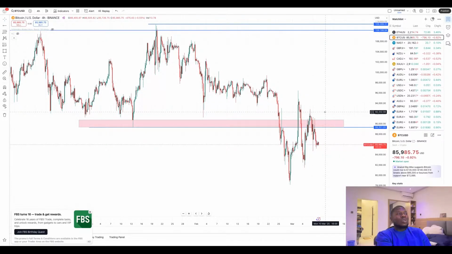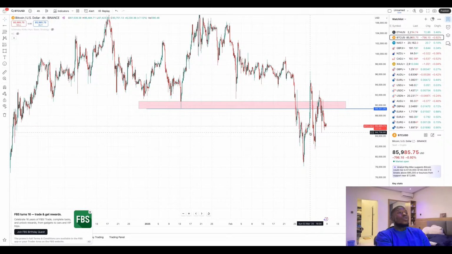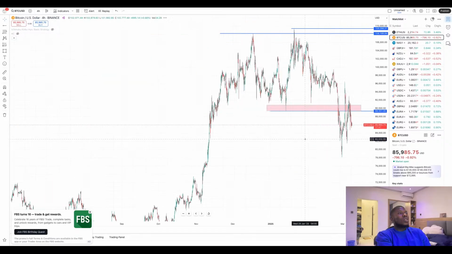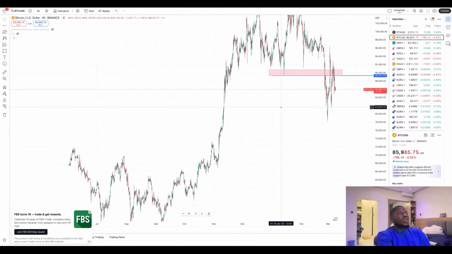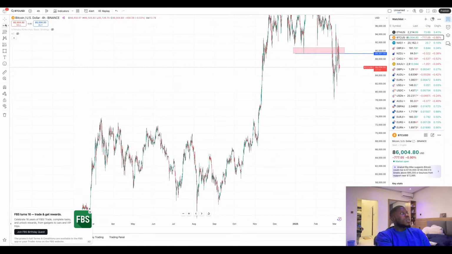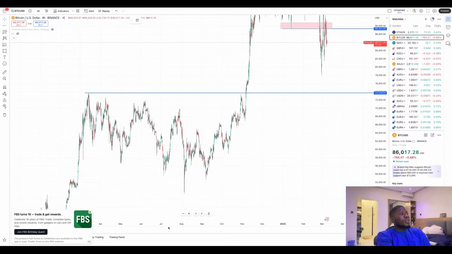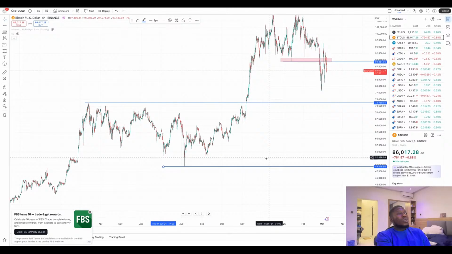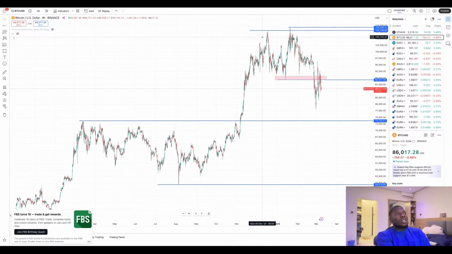So right now, we are retesting this support that has been broken. When this support is totally broken, we are likely to look for another major swing. When we zoom out of Bitcoin, we are likely to have another major swing around this area. These areas are your major swings. When you look at this movement, this is just one swing moving up, up, up, up until there was a significant